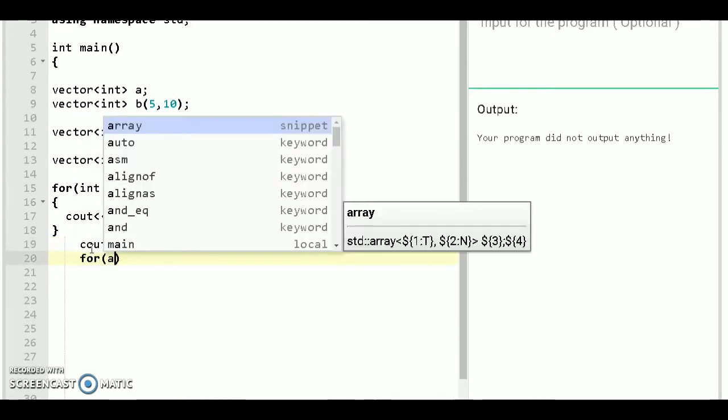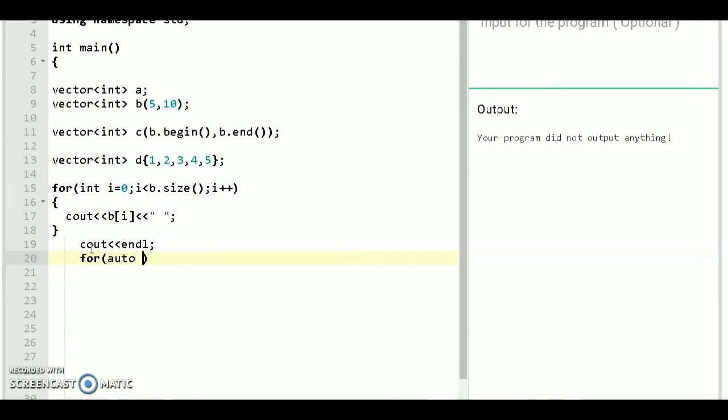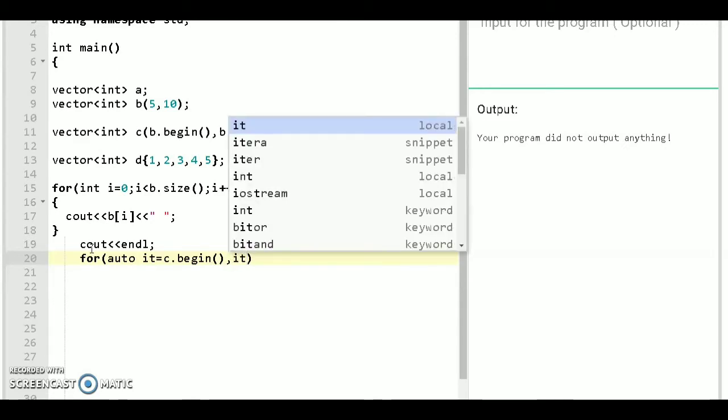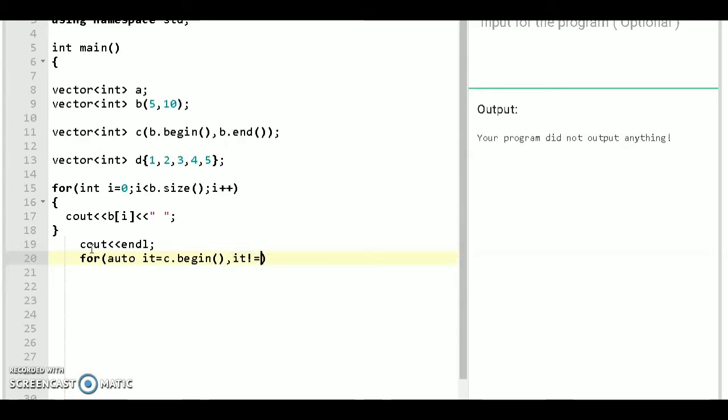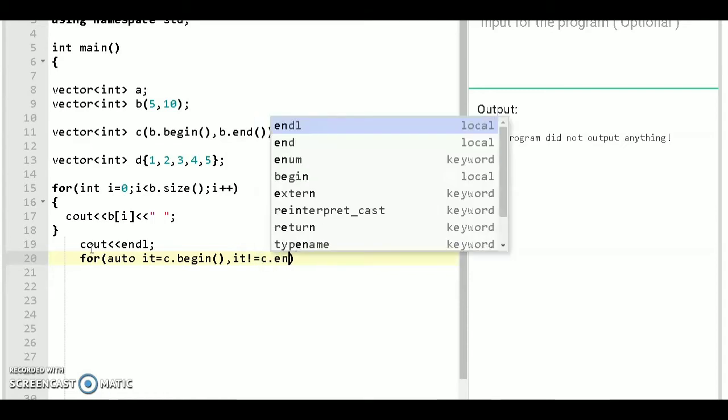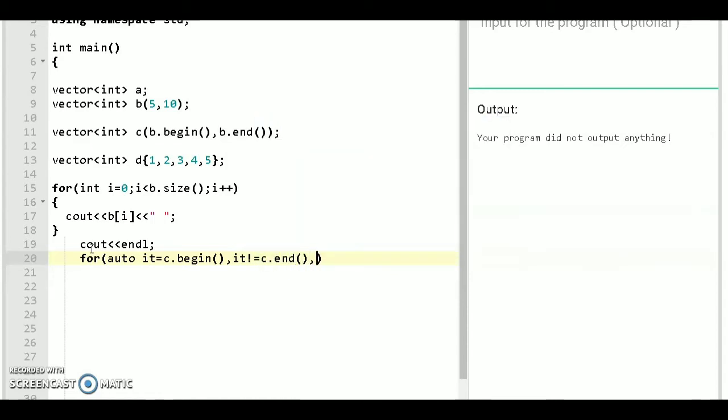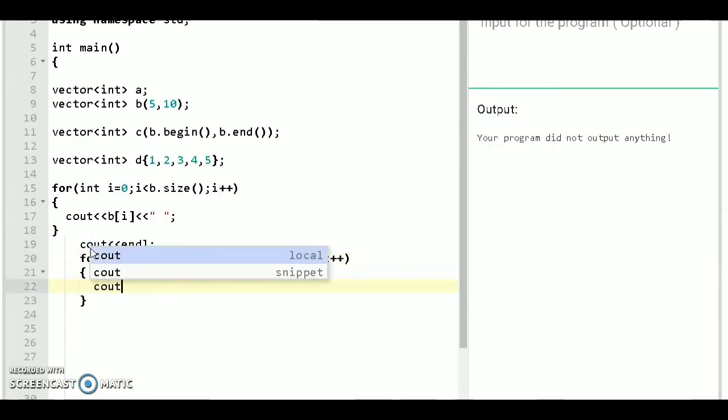For auto it equals, let's say we want to iterate vector c, so c dot begin, until it not equals c dot end, and it plus plus, and cout asterisk of it and some space.